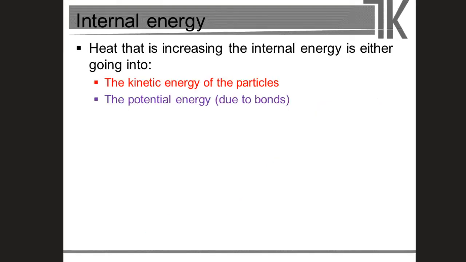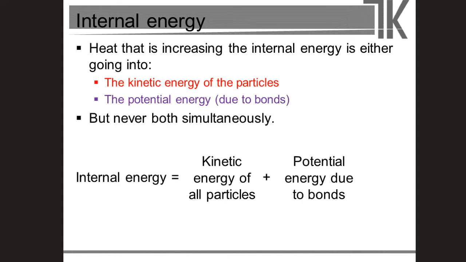And like we said while looking at that graph, when we're heating something, that heat or that energy is going to increase the internal energy. And in order to increase the internal energy, it's either going into the kinetic energy of the particles or it's going into the potential energy of the particles, which is due to the bonds. We never have energy going into both of those simultaneously. So our internal energy is all of our kinetic energy of all the particles plus the potential energy due to the bonds. And today we're just going to have a look at this side of it, potential energy